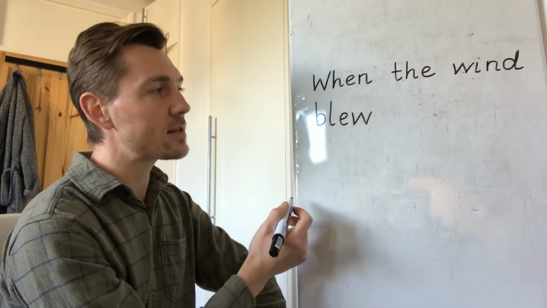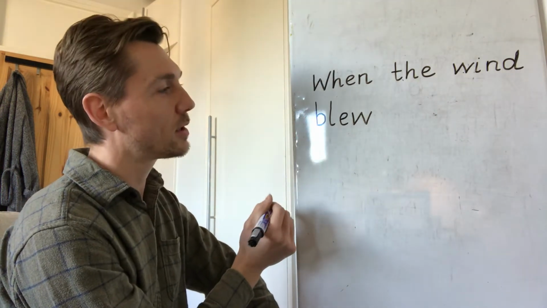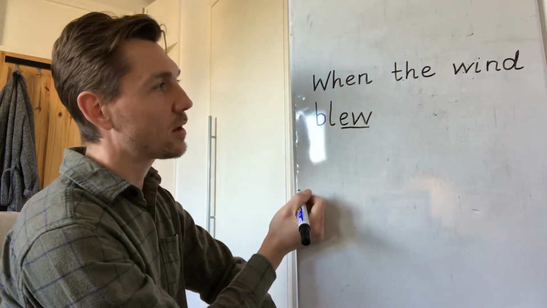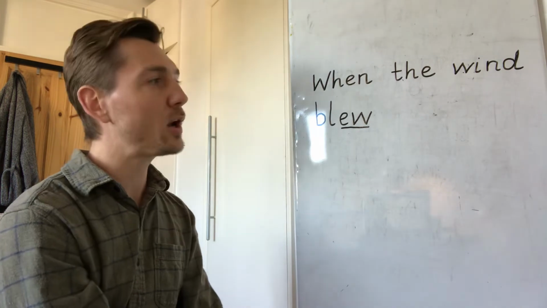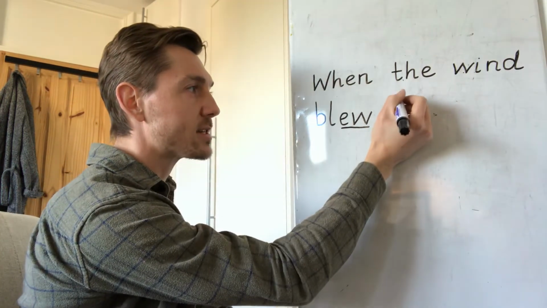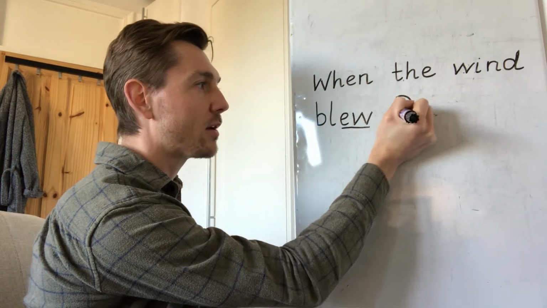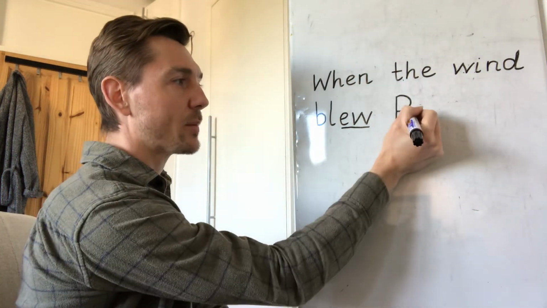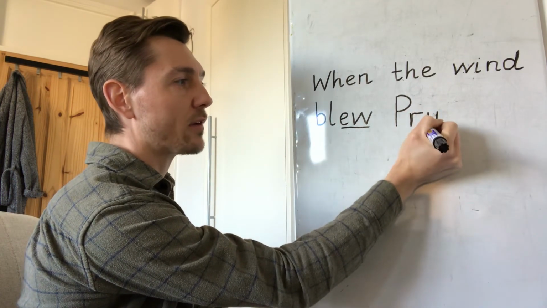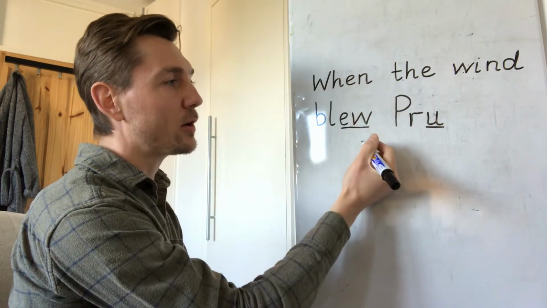And I'd like you to underline your spelling of oo in blue. And it's those two letters, isn't it? E-W. So when the wind blew, Prue. Now remember Prue from yesterday? It's the creature, so it's a capital P for Prue, and we spelt it R, U spelling of oo. When the wind blew, Prue